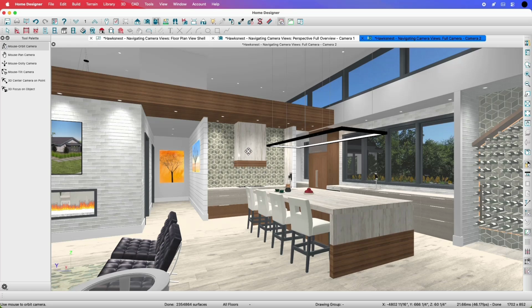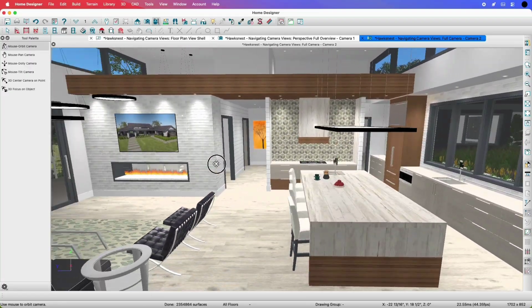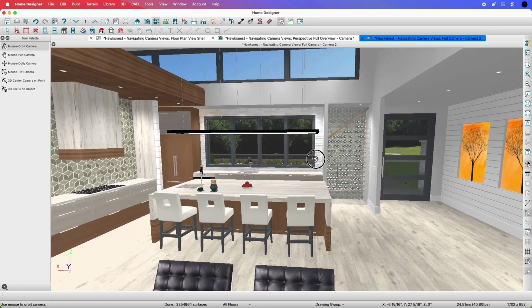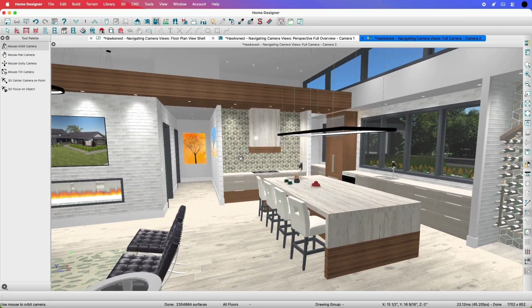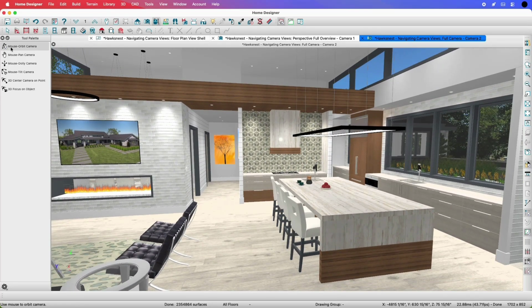When a camera view opens, we can see that the mouse orbit camera tool is active by default. With this tool, we can click and drag to rotate the camera to orbit around the camera's focal point, which we'll discuss later in this video. If we select another tool, the mouse orbit tool is dropped so that the new tool can be used. If we want to get the mouse orbit tool back, we can select the Move Camera with Mouse toolbar button to resume using the Orbit tool,